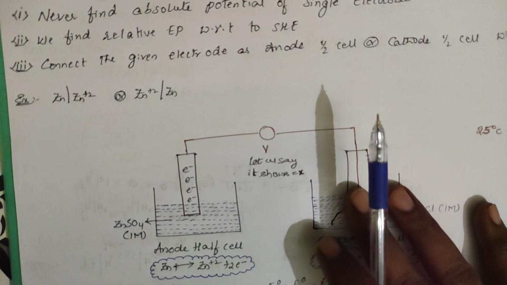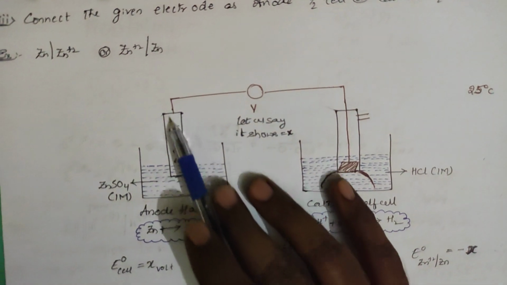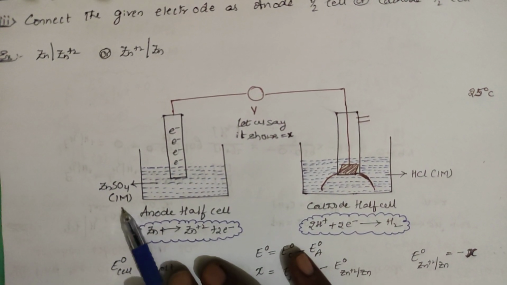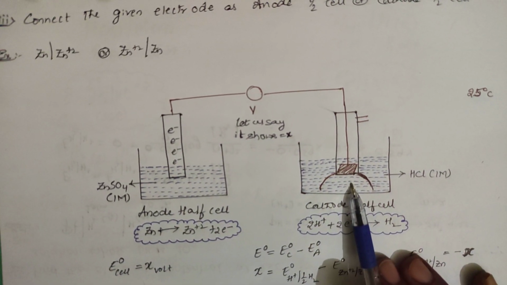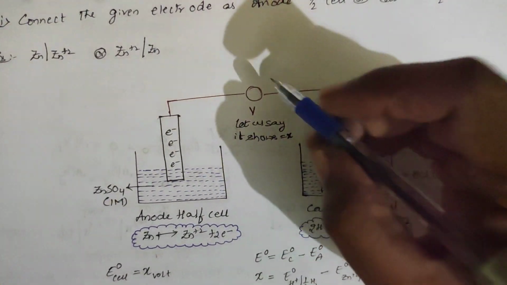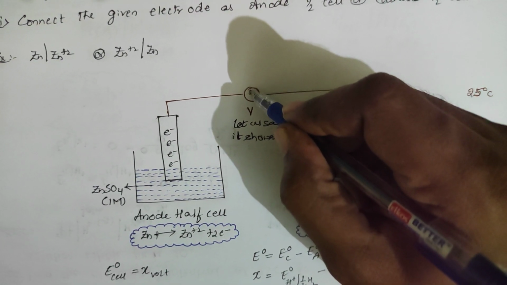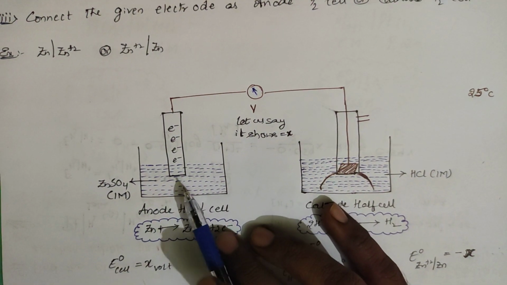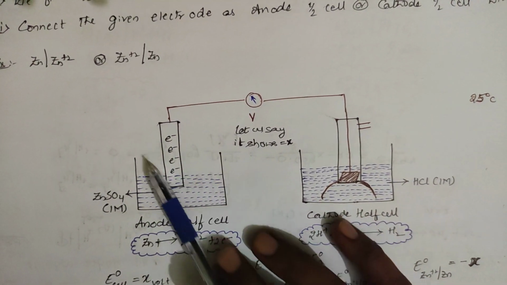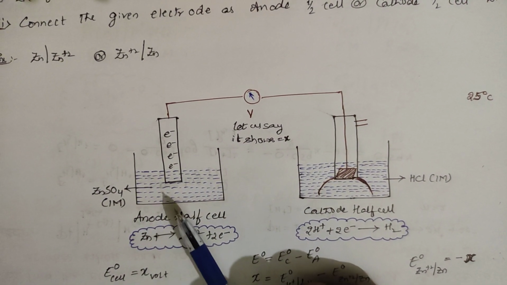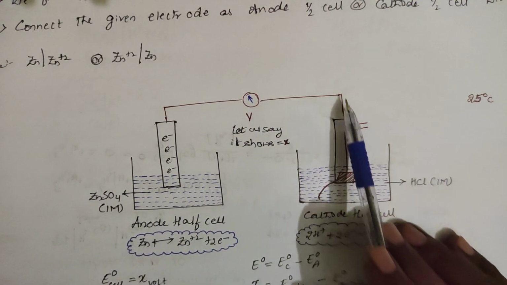So I am taking a container with a zinc rod in zinc sulfate solution of 1 molar. I have taken it as the anode, on this side. What happens when I connect these two? See, this is the practical thing. You have taken a zinc rod in zinc sulfate solution, the zinc sulfate solution is 1 molar, and I have made a connection with the hydrogen electrode.